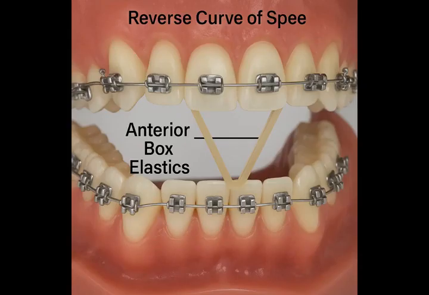4. Reverse curve of SPE with anterior box elastics. The use of reverse curved arch wires in conjunction with anterior box elastics can effectively close anterior dental open bites. This mechanism works by intruding molars, extruding incisors, and blocking premolars from erupting. While this approach can yield fast and effective results, often closing the bite within 1 to 2 months, its success is heavily dependent on patient compliance with elastics. Furthermore, prolonged use beyond 2 months carries the risk of gingival recession and a gummy smile due to overextrusion of